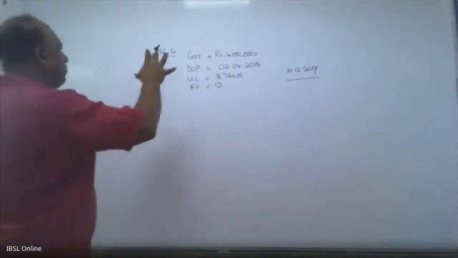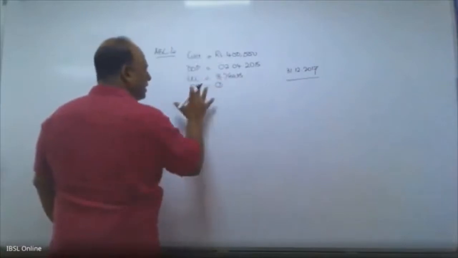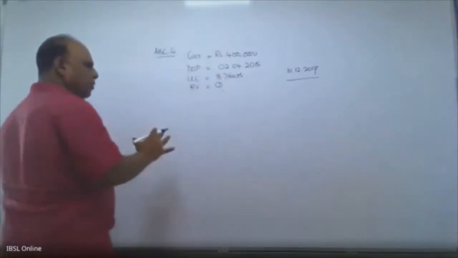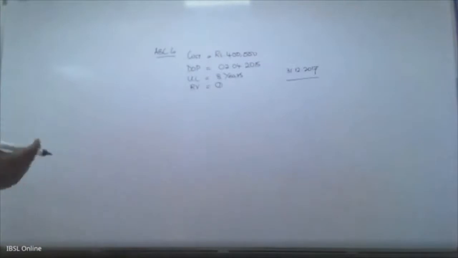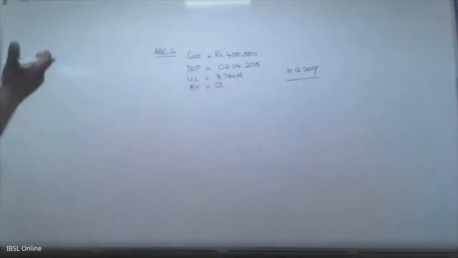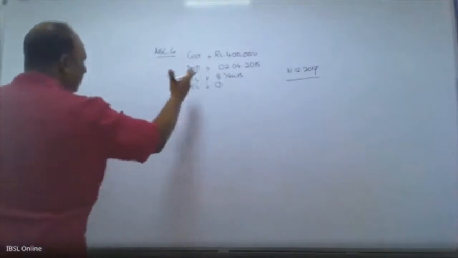Now I have seen candidates when I do this course in the classroom and I ask them to do a question. What happens is they repeatedly go back and look at the question again and again to see what they have asked, what is the information that is required. No, you don't need to do that as long as you bring everything into the paper as a summary, so that we don't have to go back to the question again and again to look at what they have asked. Not required. I have all the pieces of information here, right?